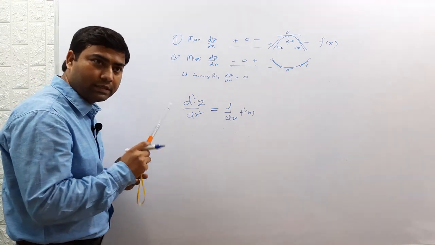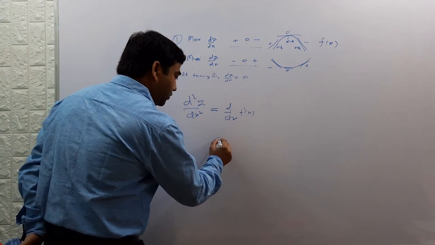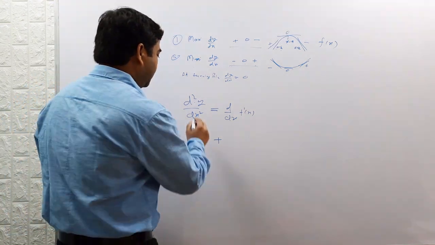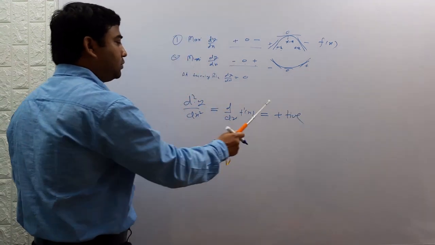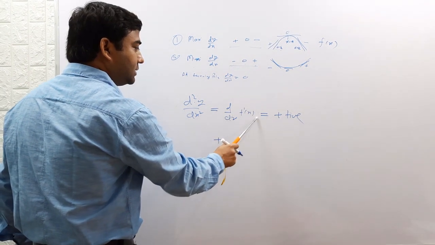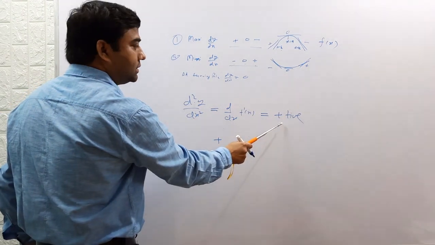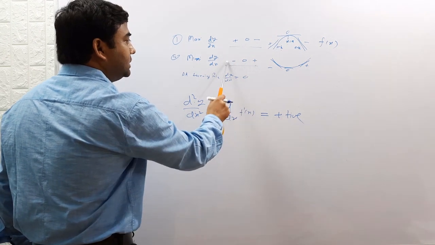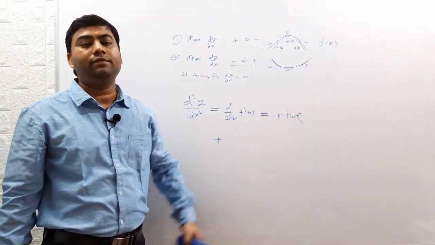From the definition of increasing and decreasing function, we have concluded that if the derivative is positive, then the function is increasing. So suppose d2y over dx2 is positive at a certain point. That means this function f dash x, which is dy over dx, is an increasing function. If this is an increasing function, then the actual function has a minimum at that point.